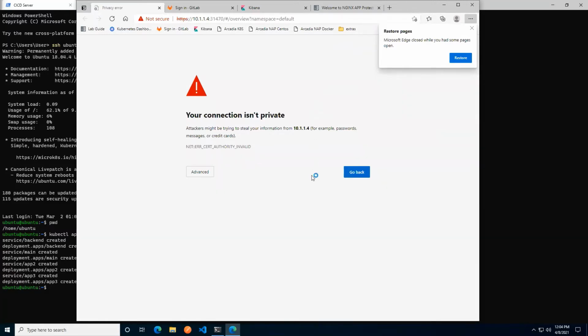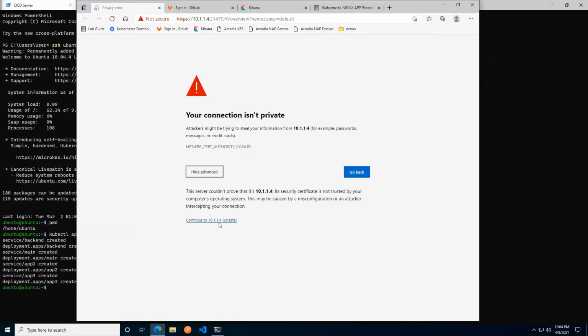Anyways, it'll open up with the previous tabs, just close out the restore pages bit. And I think it's actually the Kubernetes dashboard it's trying to open on the first tab, if memory serves. It's claiming our connection isn't private, and it's doing that, of course, because all of the certificates are self-signed. So you can simply go ahead and click advanced and continue.